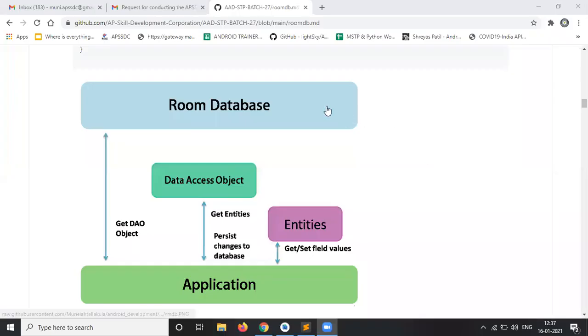Guys, tell me if you have any doubts till this part. Yeah, Bhavani, now it is okay, my voice. Good.